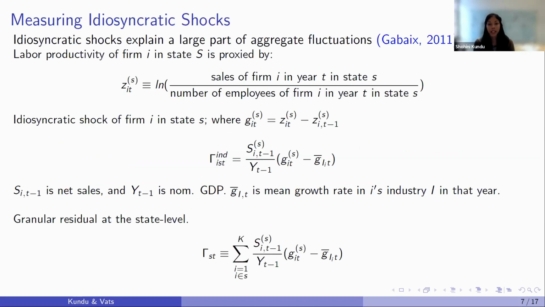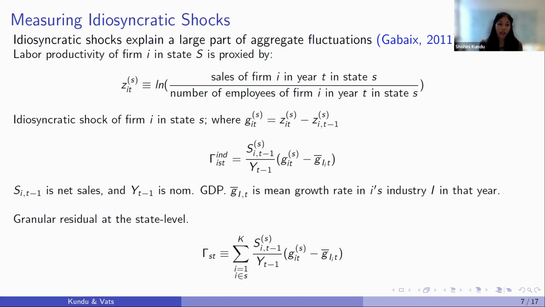The way we construct idiosyncratic shocks uses the methodology of Gabaix 2011. Gabaix 2011 argues that idiosyncratic shocks can explain a large part of aggregate fluctuations because of fat tails and finite samples. So first, we measure labor productivity as the log ratio of sales to employees at the firm level. Then we construct the idiosyncratic shock at the firm level by taking out an industry cross-year